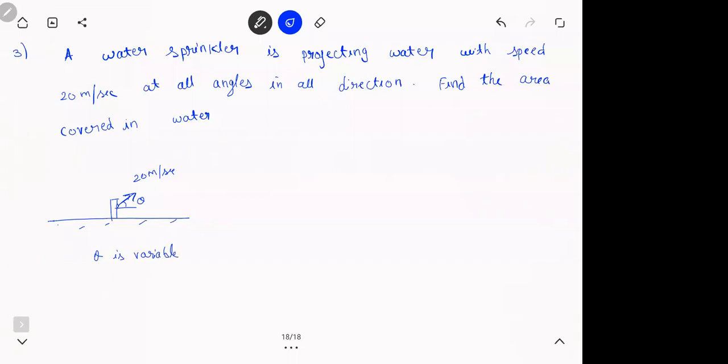The same question can be asked like this also. A person took a gun and started shooting with a speed of 200 meters per second in all directions at all angles. Find the area in which the bullets fall. So the idea was quite similar, only the water there and the bullets here. Hope the question was fine. Any doubts, do ask me, or let's go ahead. I'll give you a minute.